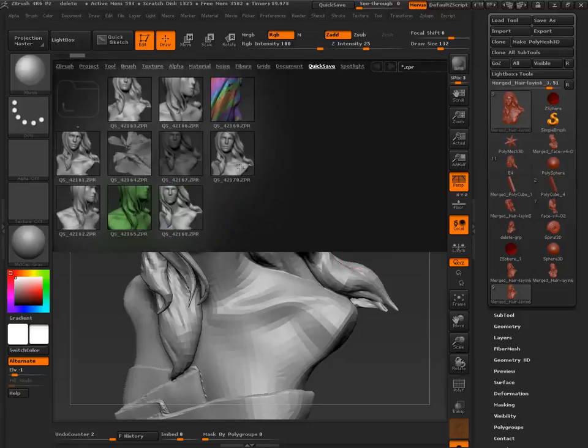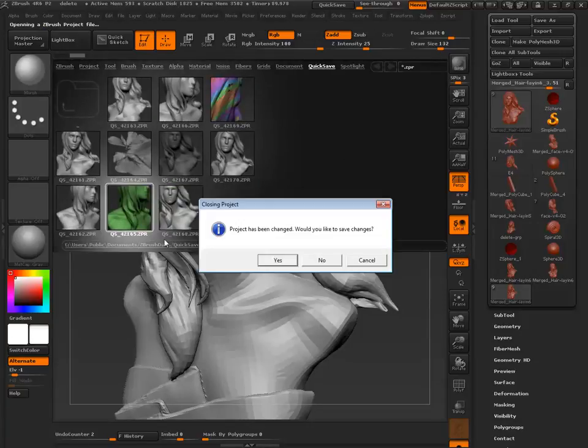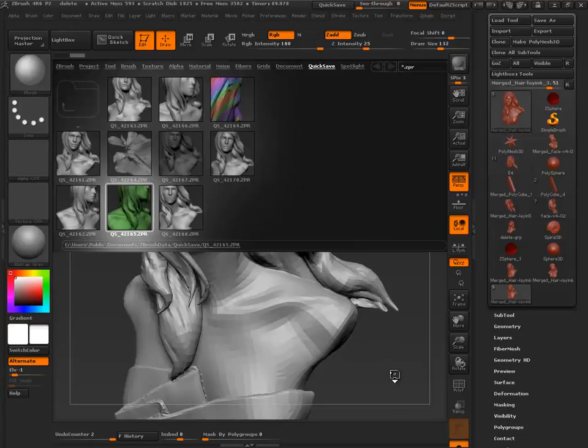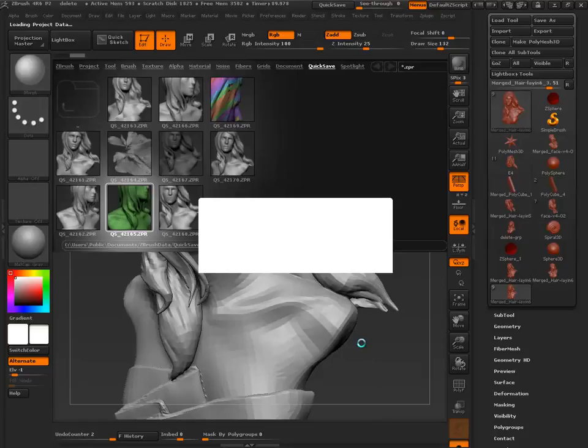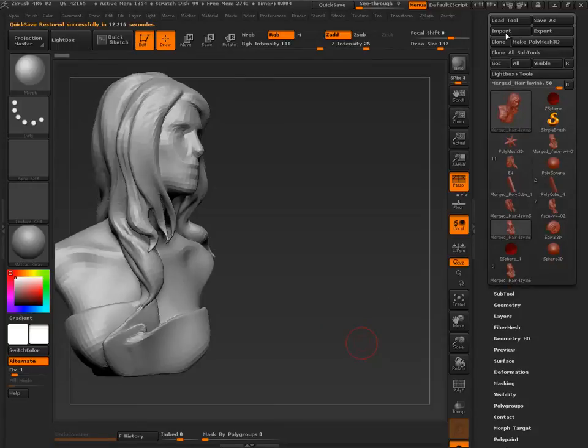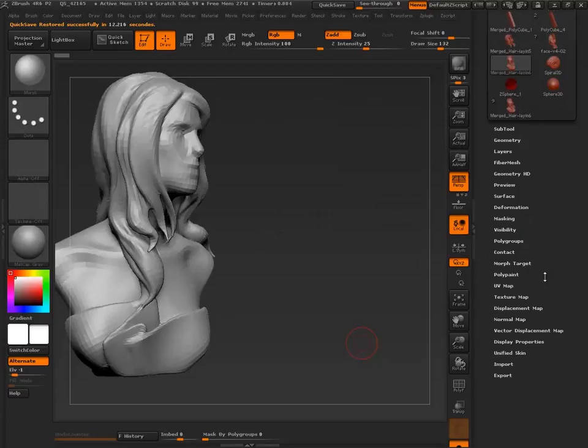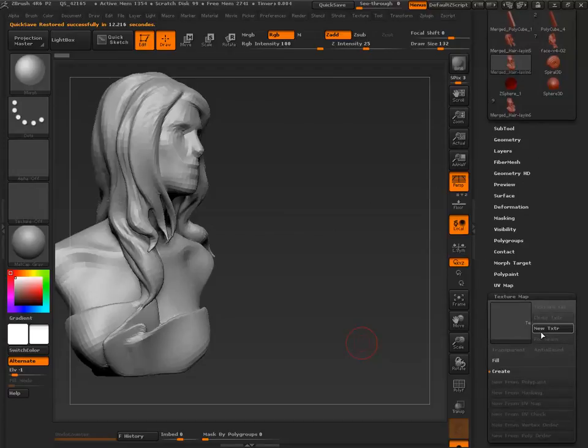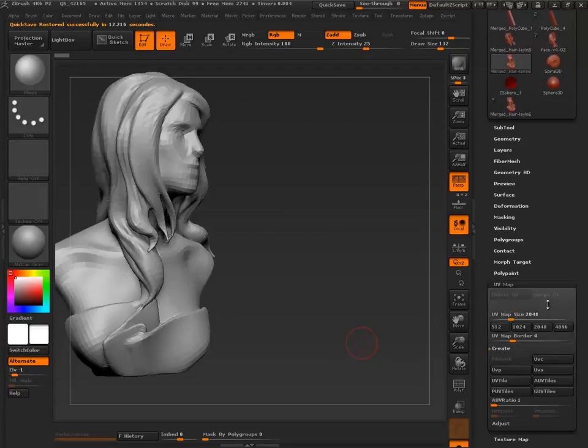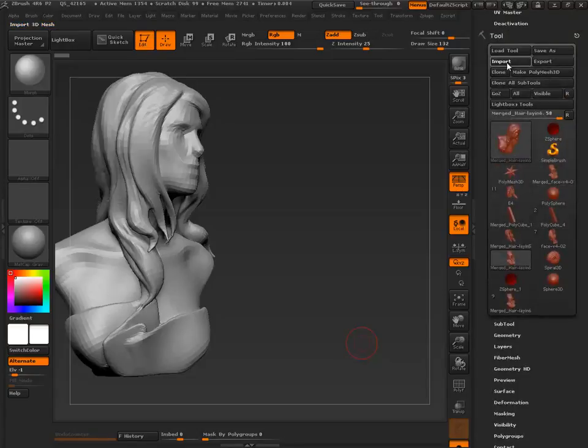Quick save, and I want 65. Let's check the map. It's got no UVs. So import. Oh, that's the wrong one.